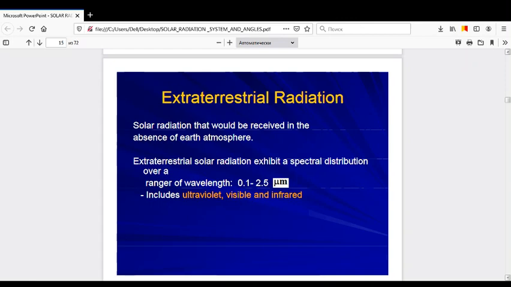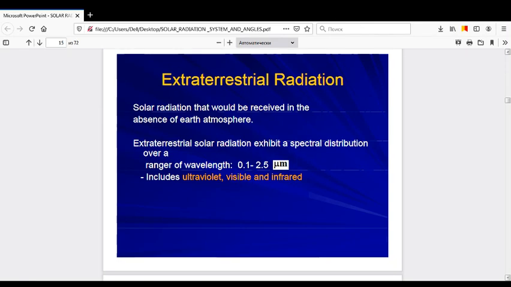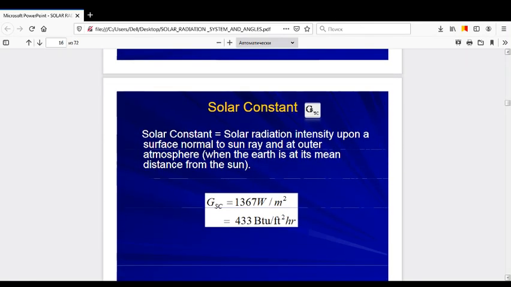Extraterrestrial radiation: solar radiation that would be received in the absence of Earth's atmosphere. Extraterrestrial solar radiation exhibits a spectral distribution over a range of wavelength 0.1 to 2.5 micrometer, which includes ultraviolet, visible and infrared. The solar constant is equal to the solar radiation intensity upon a surface normal to the sun ray and at the outer atmosphere when the earth is at its mean